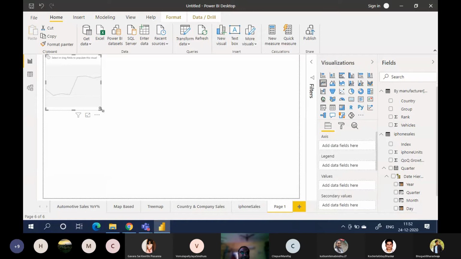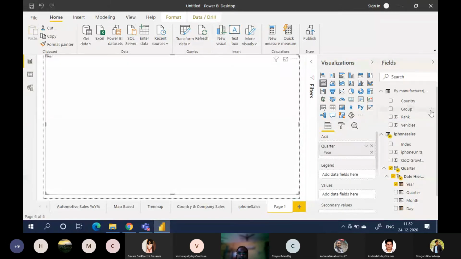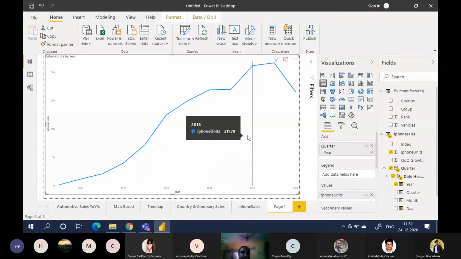I'll create a line chart of year and iPhone units.